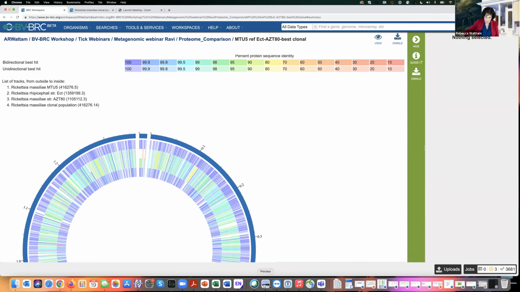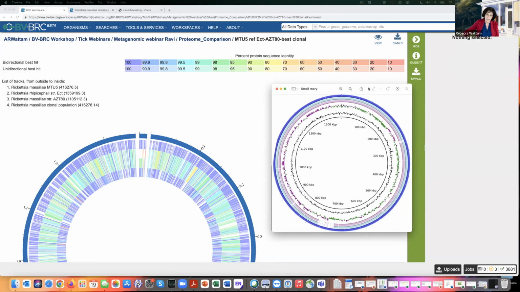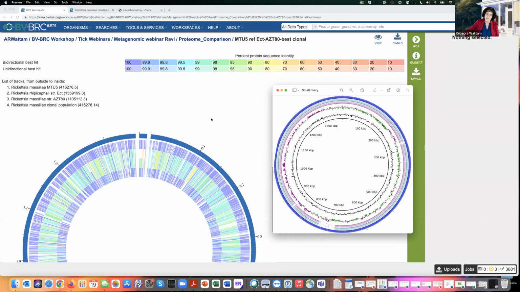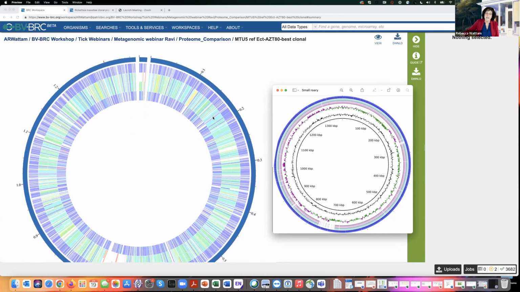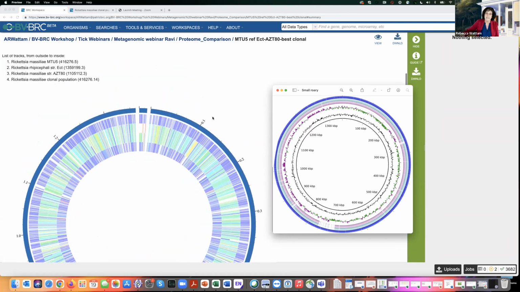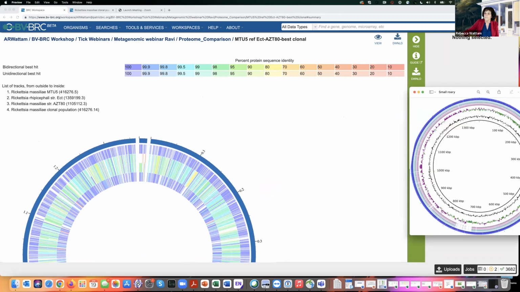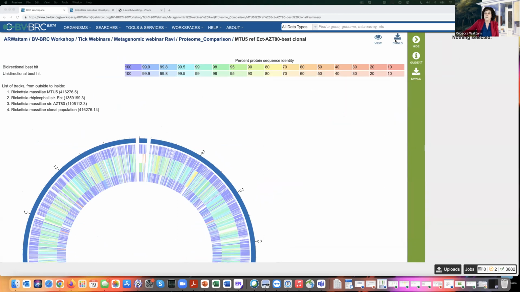So I want to pull up this and show you the comparison between the two. So this one, at least we're using the same colors across, so you can see things, I think, a little bit differently. Another thing I want to point out that comes with this tool, that's probably the most awesome thing